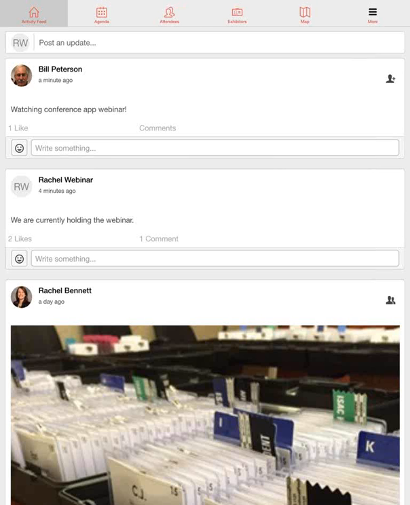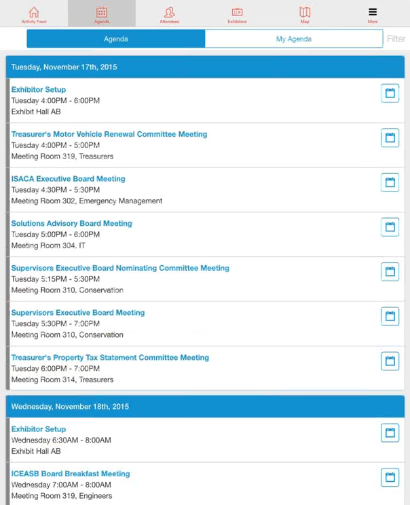Alrighty, so moving on down, at the very top of your menu, basically your menu bar, is activity feed. So we've already covered that. So next we'll go to the agenda tab, which is right next to it. The agenda tab is every single agenda item that's on the conference schedule. This includes anything that ISAC is doing, so any of our exhibitor breakfasts, lunches, general sessions, everything like that, but it also includes every single breakout session under the affiliates agenda.